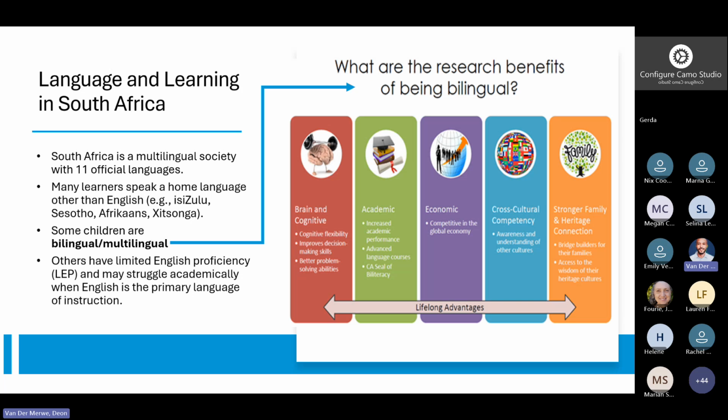And so we need to recognize the difference between a language barrier and a genuine language disorder, which is key